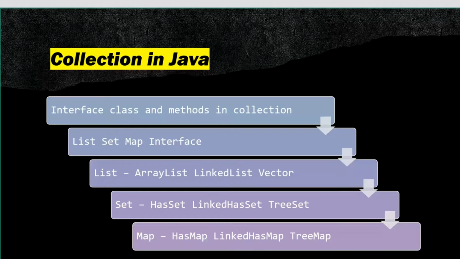Once these things are done, we'll move ahead with the topic of collection. So what is collection? In simple terms, not in terms of Java, what is a collection? A group of things is called a collection. In programming terms, it is a group of objects. You have a group of objects and you want to use them. So how can you do that? You can use the collection.